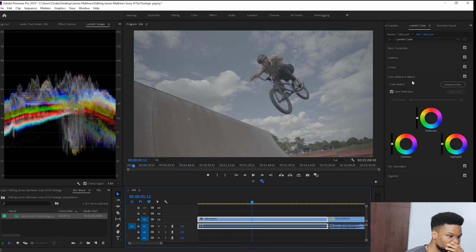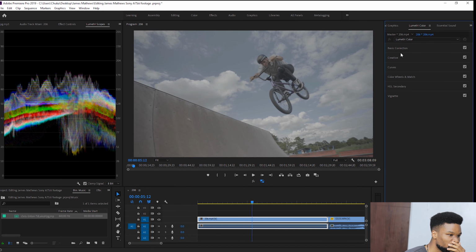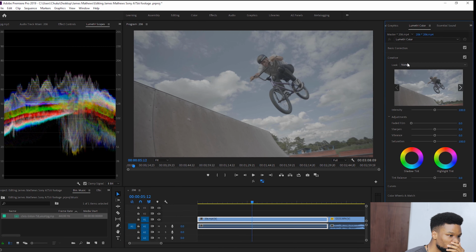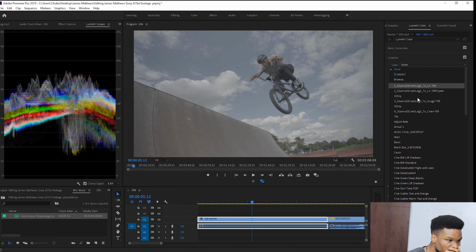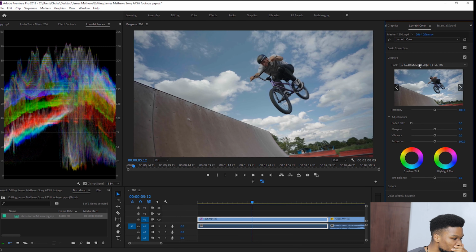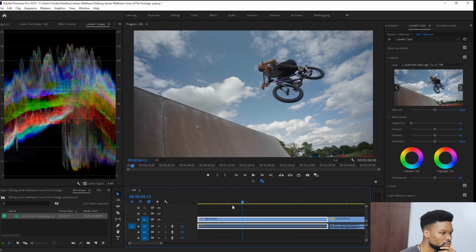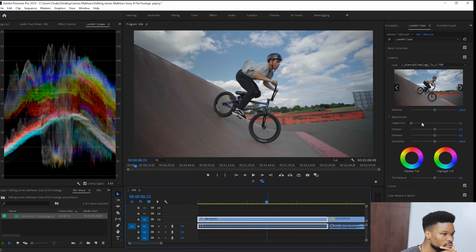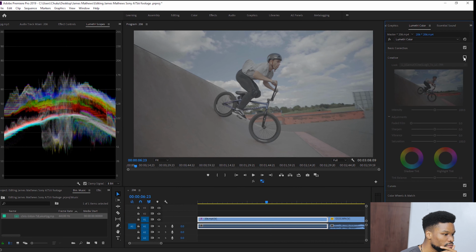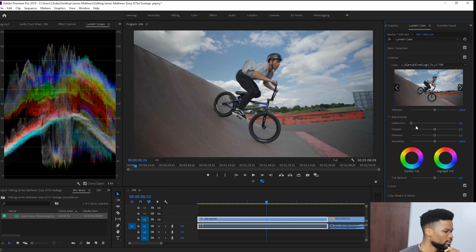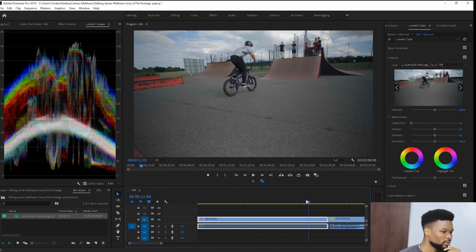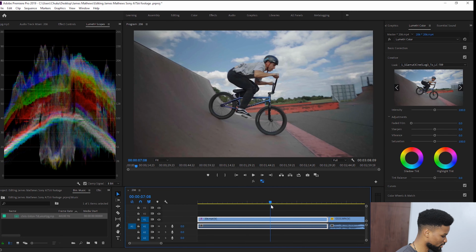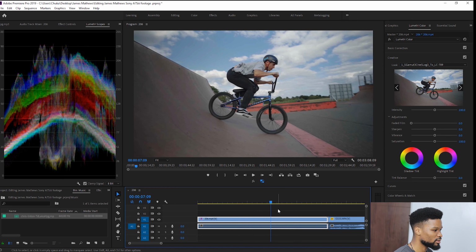Let's go to Lumetri color. Let me add the base LUT to convert this S-Log3 footage to Rec 709. Looking pretty good already. Before, after, amazing. And look at those nice colors. Let me play with color grading this footage more.